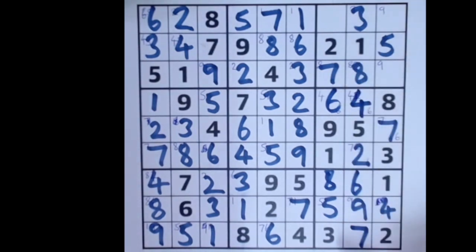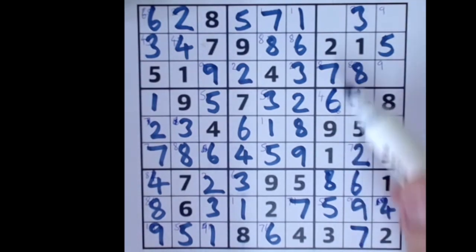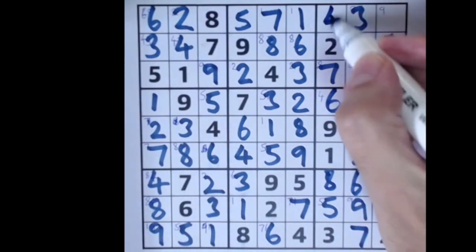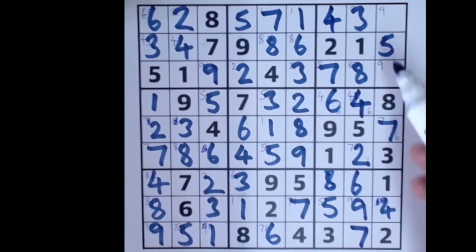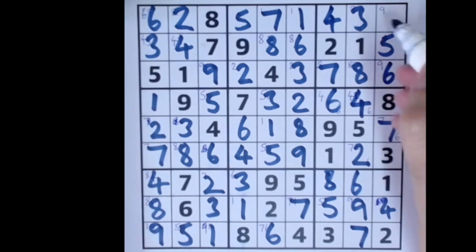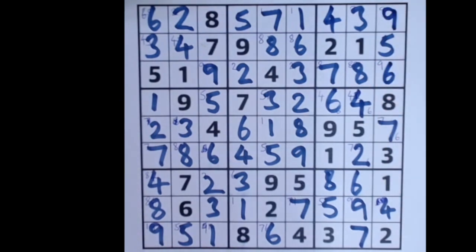1 number is missing from this column. What is it? 1, 2, 3, 4 is missing, so we'll fill that in now. 2 numbers are missing here. 1, 2, 3, 4, 5, 6 and 9. 6 extends here. 6 is there. 9 is there. Our expert level Sudoku puzzle is done without needing any torturous techniques, but basically by really scanning